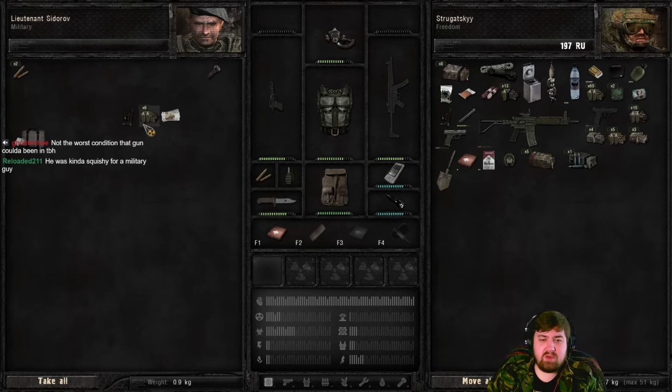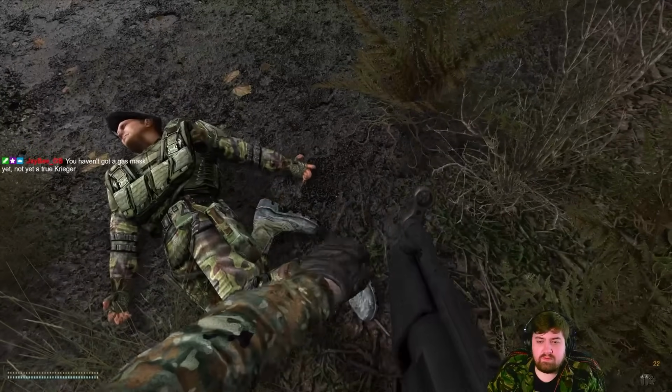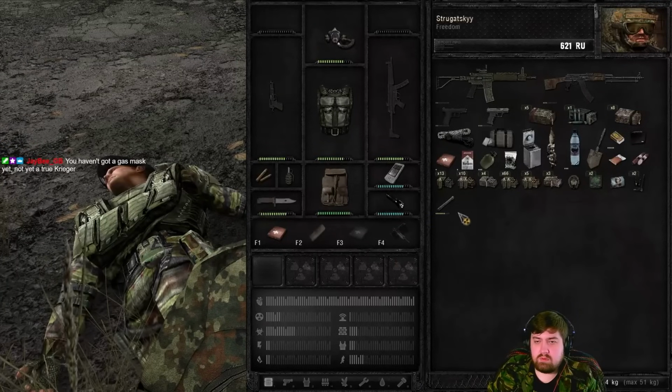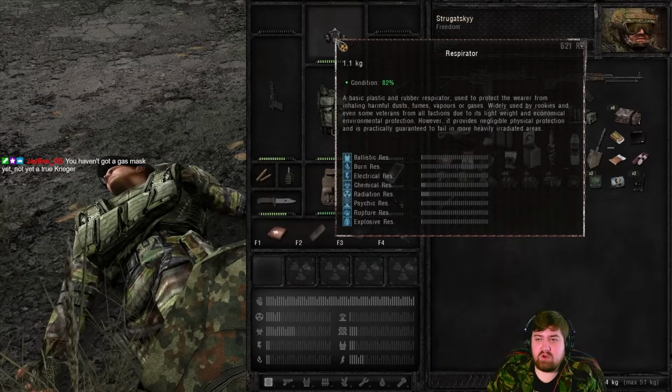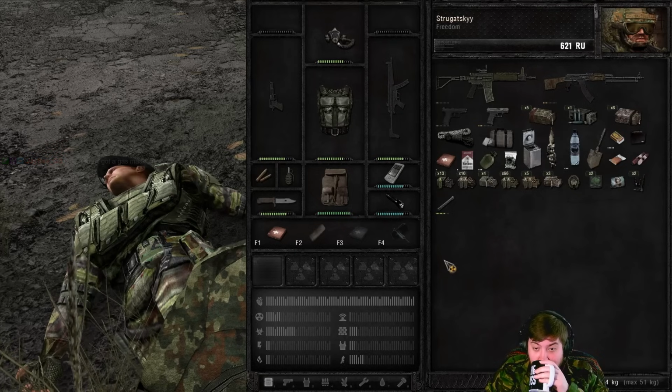If you're playing as the Mercs, you can sort of play a lottery, essentially, with faction patches, which is kind of neat, but it's not really relevant for us. Also, thanks for that. Haven't got a gas mask yet. What are you talking about? I've got a respirator. It's not a full-on gas mask, I suppose, but...